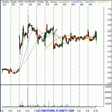AKRX was a stock we looked at yesterday. I'd caution that it's a thinly traded stock, and we wanted to perhaps get long above $6.65. The stock did get above $6.65. I had suggested a stop of $6.48. That was tagged early on, so if you were in this stock, it looks like it gets stopped out for